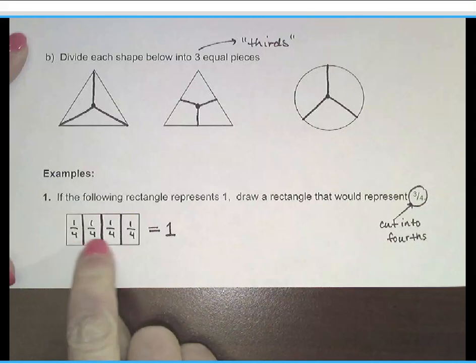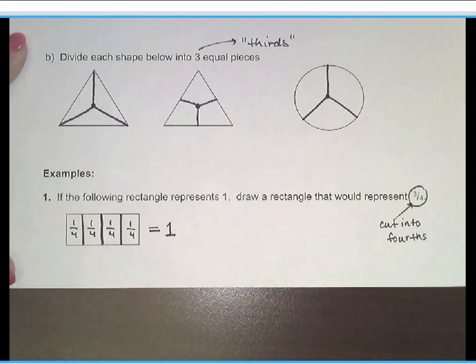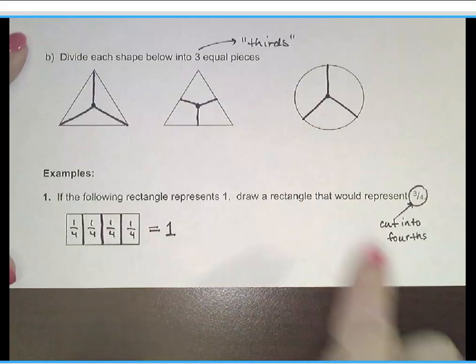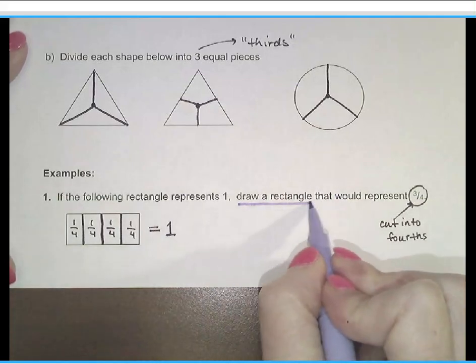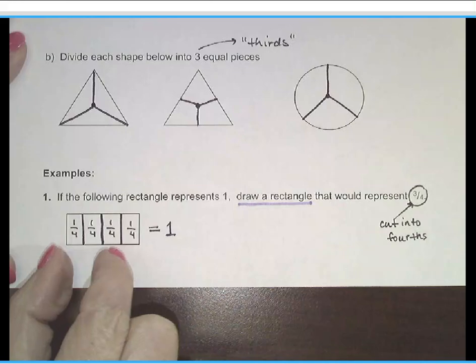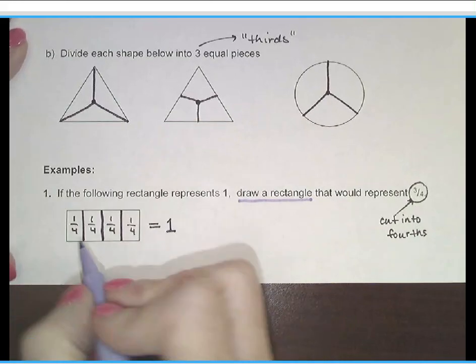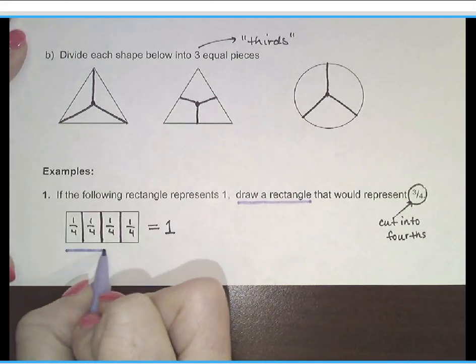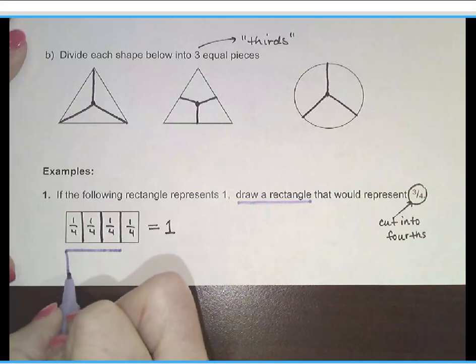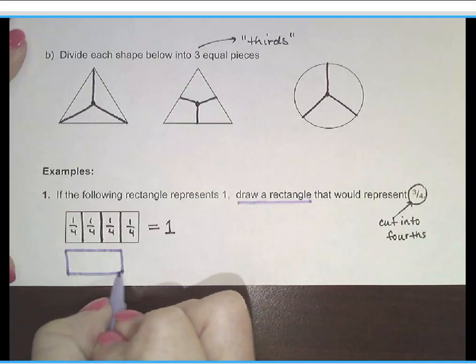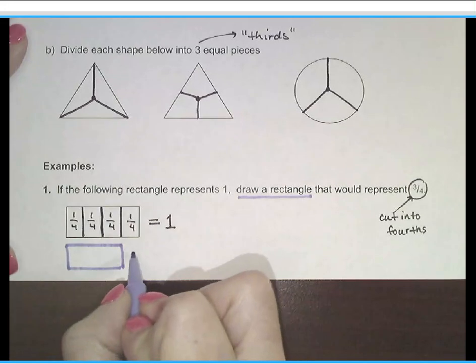And all 4/4 would equal the 1. So if I want to draw a rectangle that's going to just represent 3/4, then the rectangle I'm going to draw is going to be shorter than the original rectangle, and it's just going to be 3/4 long. And so that would be the rectangle that I would draw that would represent